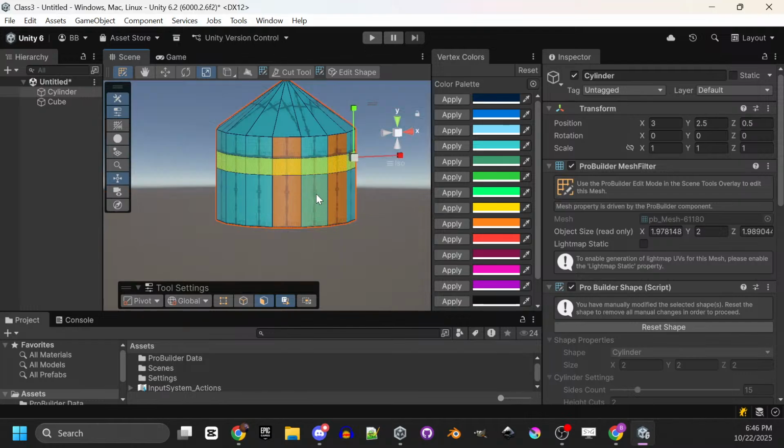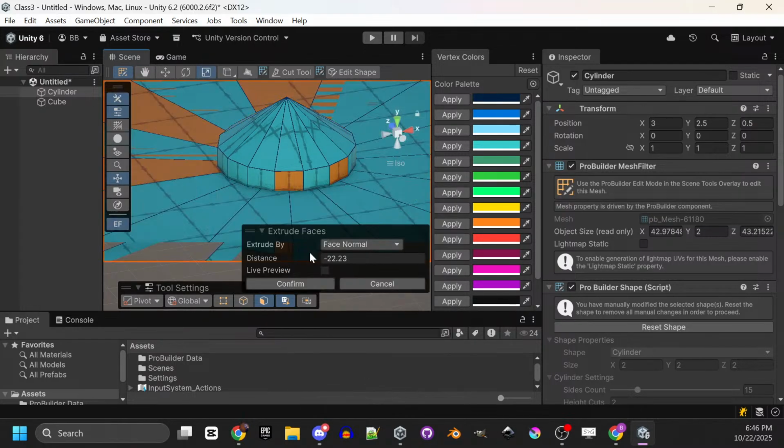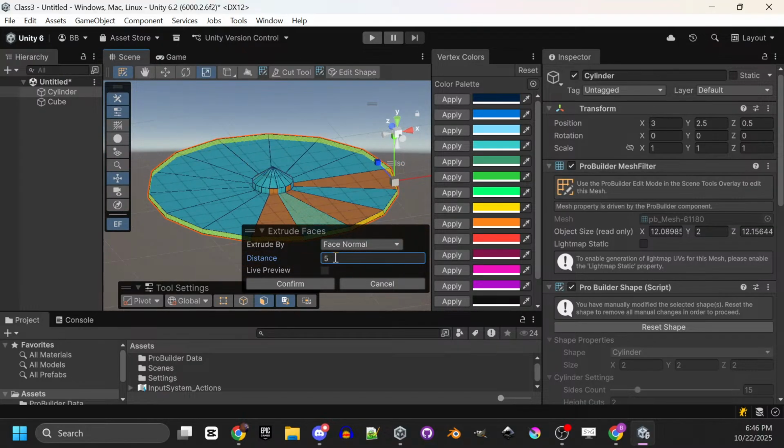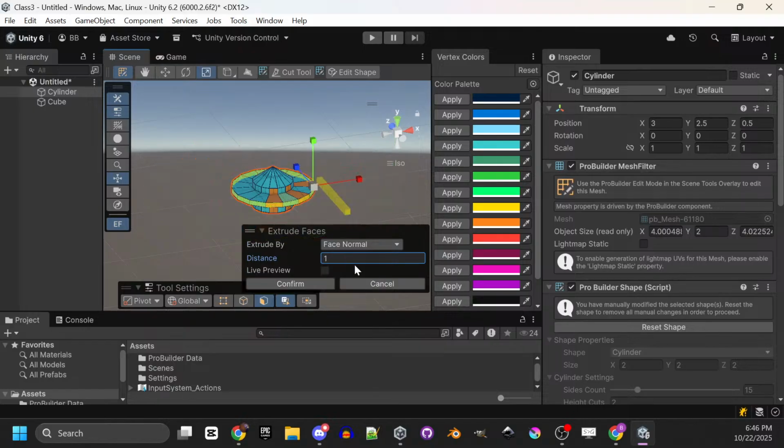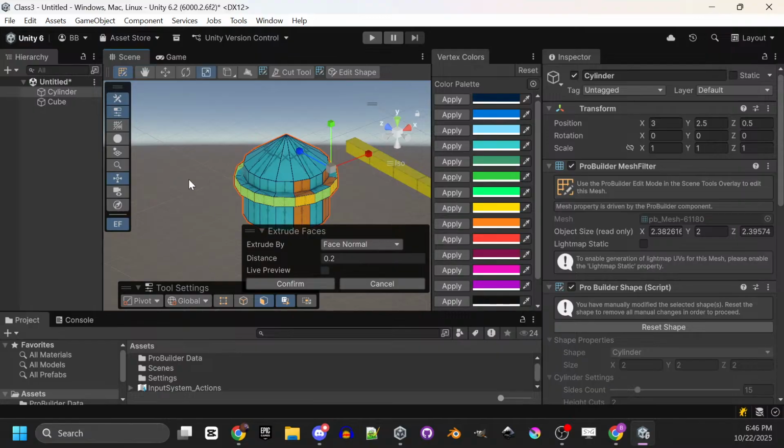Actually, that looks terrible. So if I do extrude faces and set this to 5, that's still quite a lot. Let's try 1. Let's try 0.2. So you can see as I experiment with this,